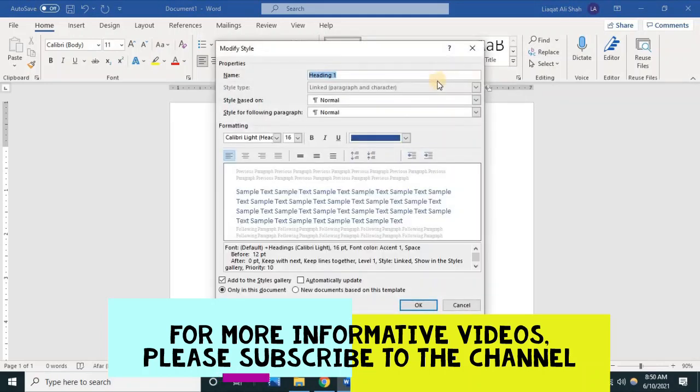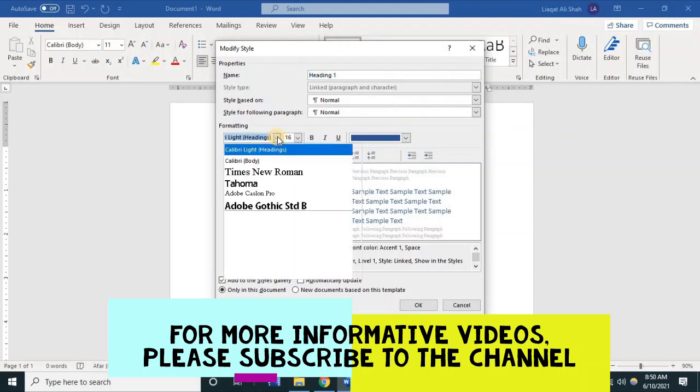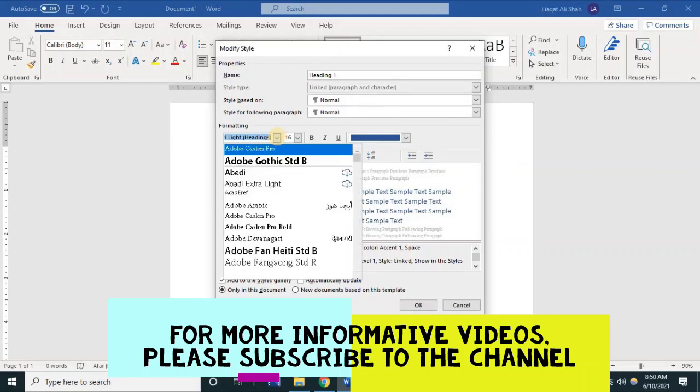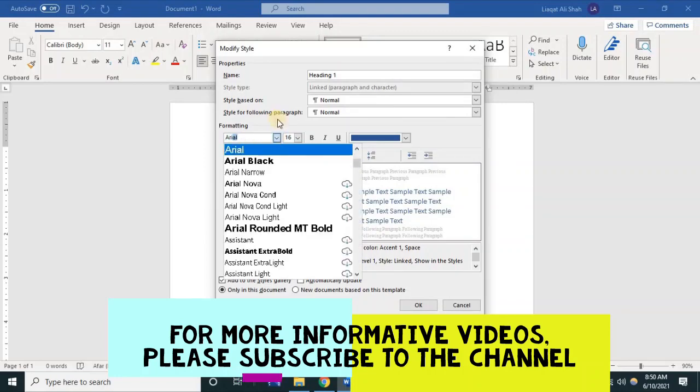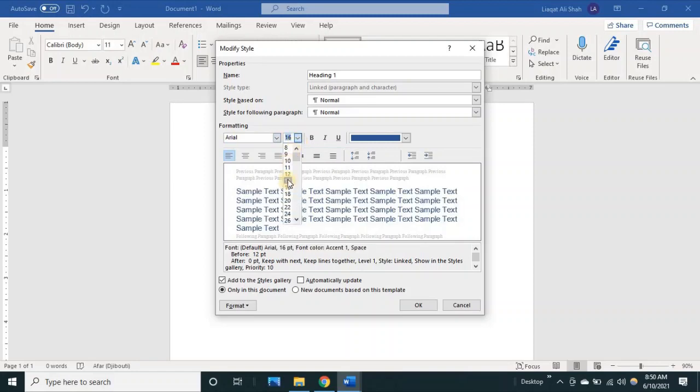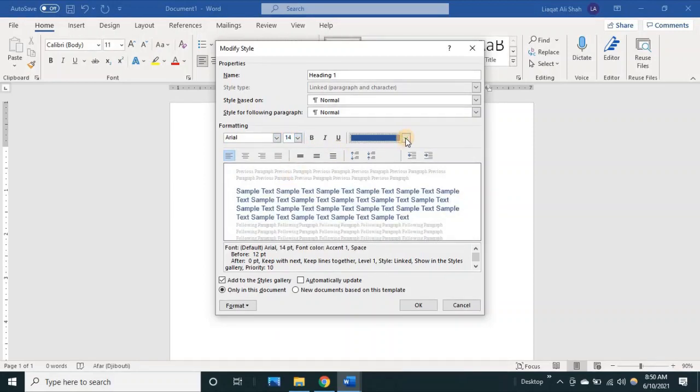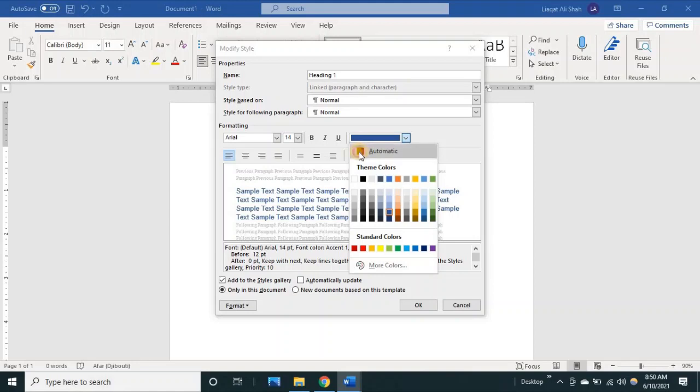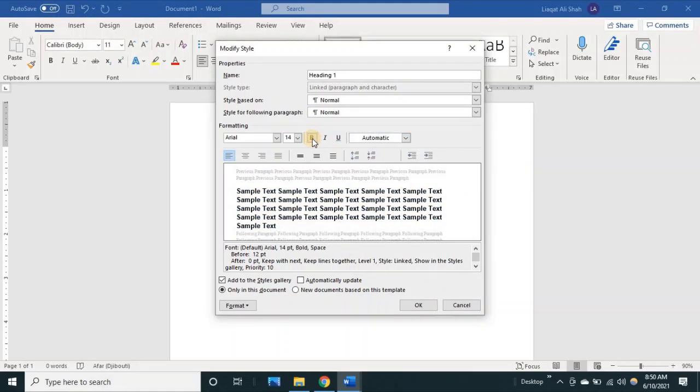We want our heading to be Arial or Times New Roman. Let's suppose we want it to be Arial. So select Arial and 14 size, make it black and bold it. Right, automatic update and then OK.